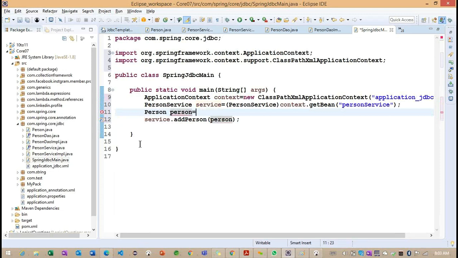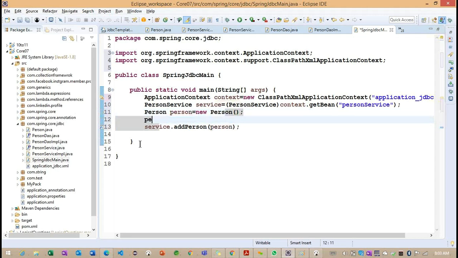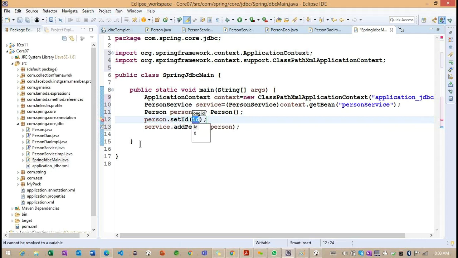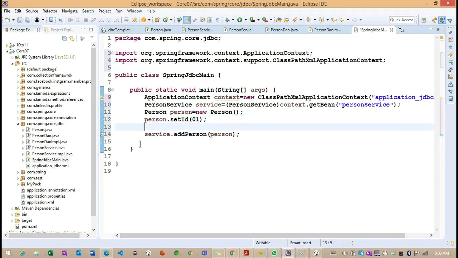Now what am I doing here? Person is equal to new Person. Person.setId, we can go for a random ID, 01.